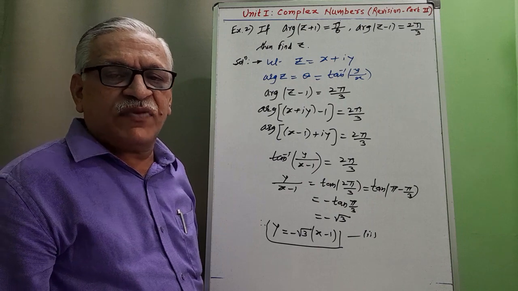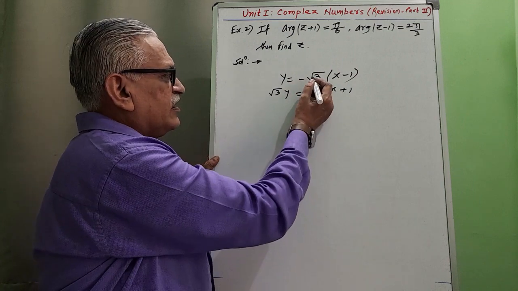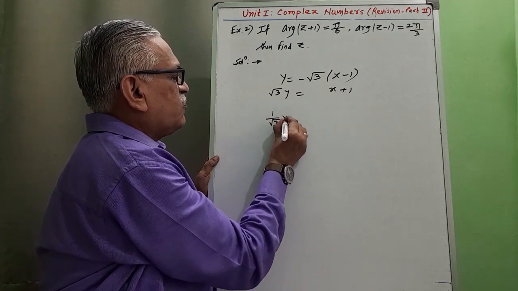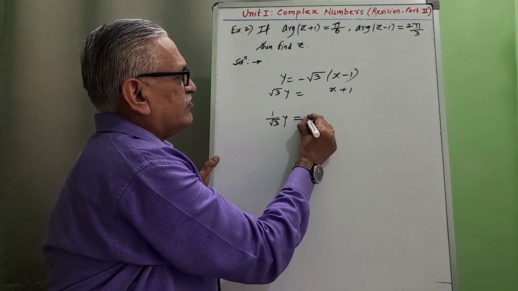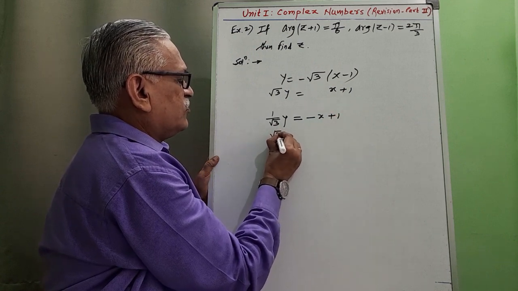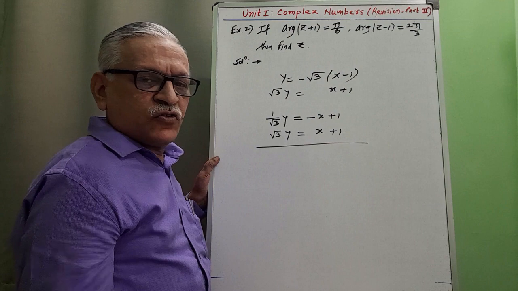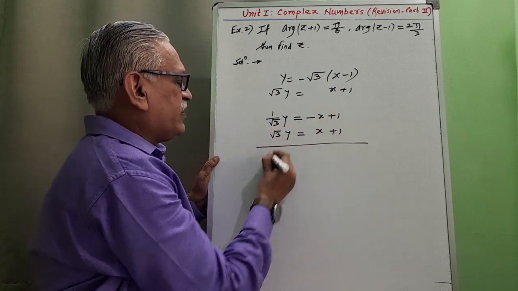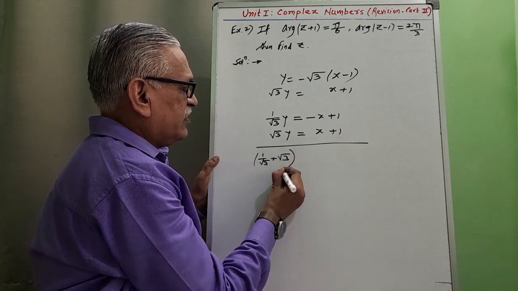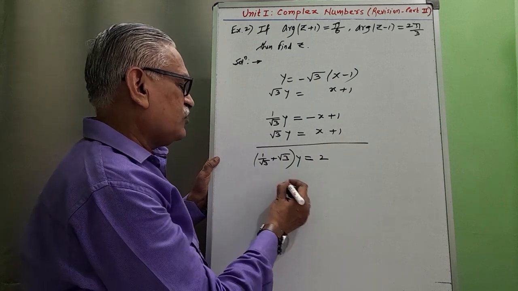And then solving those two equations simultaneously to obtain the values of x and y. This is the first equation, this is the second equation. Then rewriting this, transferring this to the left hand side, we get 1 by root 3 into y is equal to minus x plus 1, and the second equation is root 3 into y is equal to x plus 1. Adding these two, this gets cancelled, we get 1 by root 3 plus square root of 3 into y common, minus x plus x gets cancelled, 1 plus 1 we get 2, and therefore it is